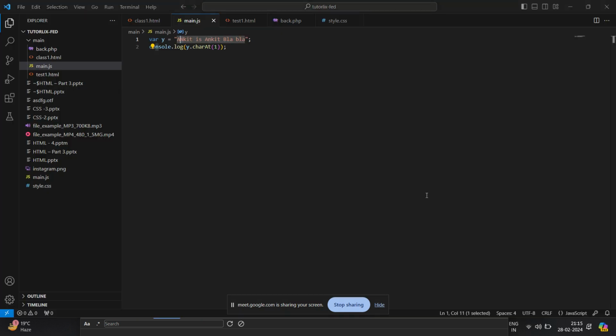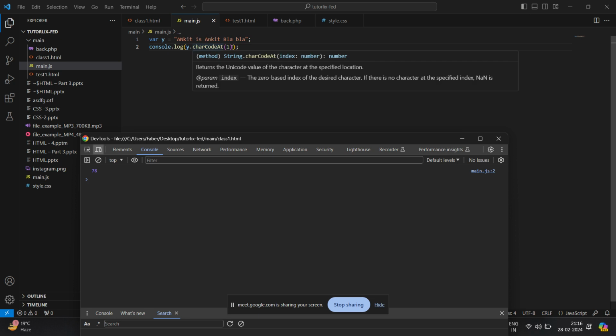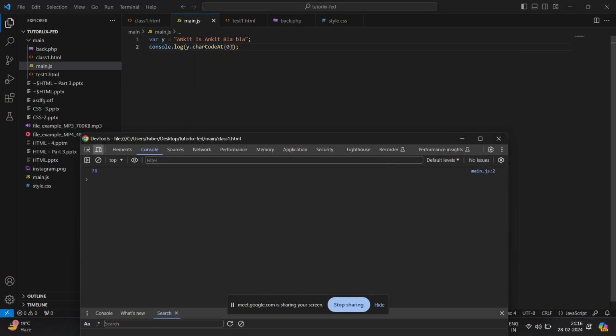Okay. So now what we will do is check the UTF-16 code of n. Instead of charAt, we'll make use of charCodeAt. If I do console.log of y.charCodeAt(0), it gives 65. So basically,